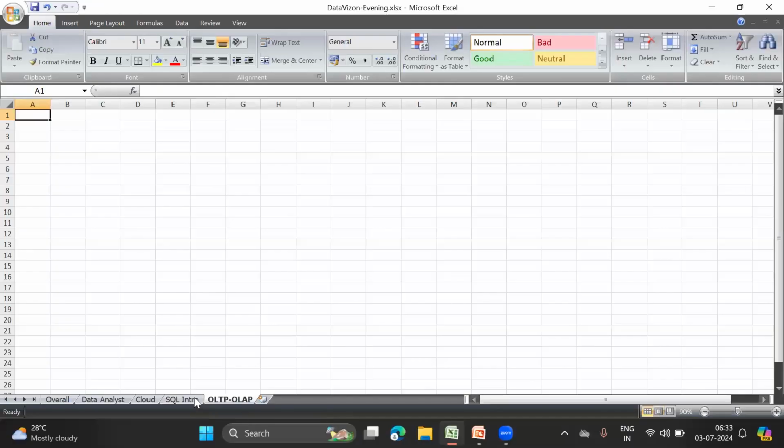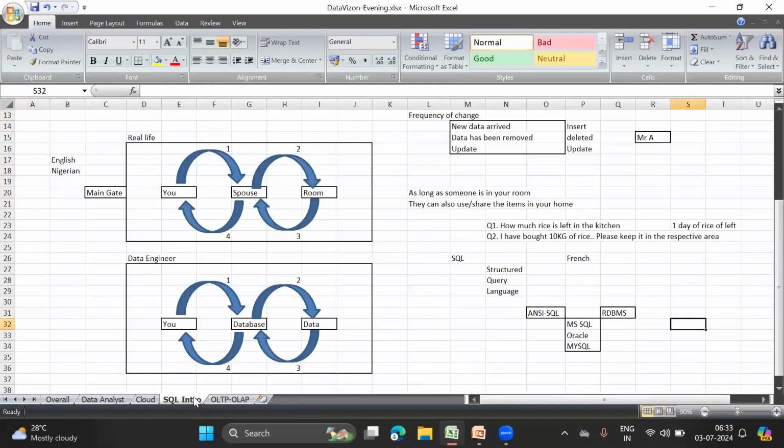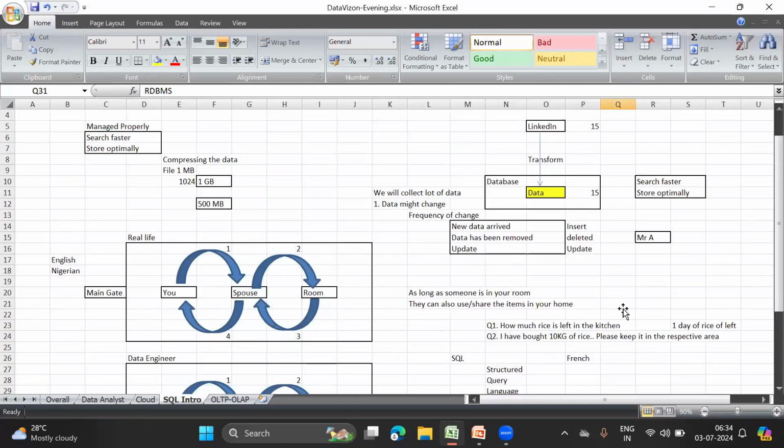So, yesterday we had a very nice introduction to SQL and we understood what SQL is and why SQL is needed, right? Now, today we want to deep dive. I just ended yesterday's session by writing these names like RDBMS. We talked about SQL, but now I want to switch gears and take our understanding to the next level.